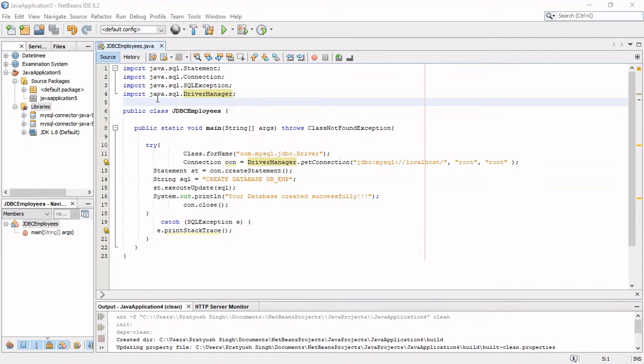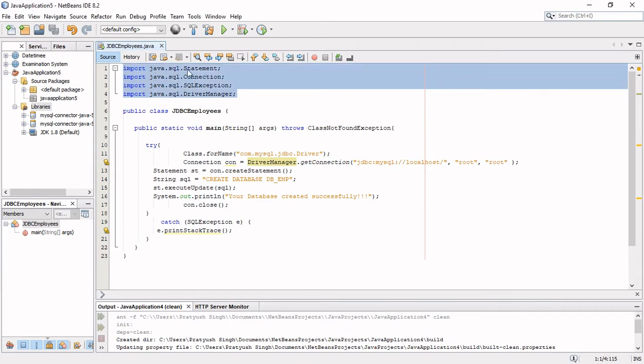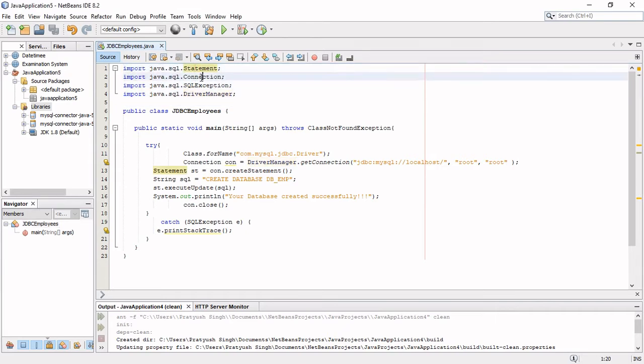In the first 4 lines we are importing these 4 classes, that is the Statement class, Connection class, SQLException, and DriverManager, which are inside the SQL package. And in the 6th line we are declaring the class. Our class name is JDBCEmployees, and this is the main function in which we are trying to throw ClassNotFoundException if the class is not found.